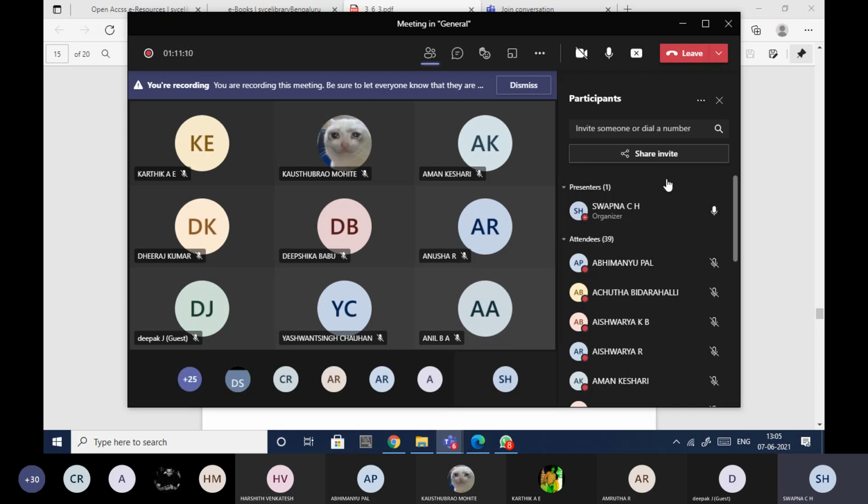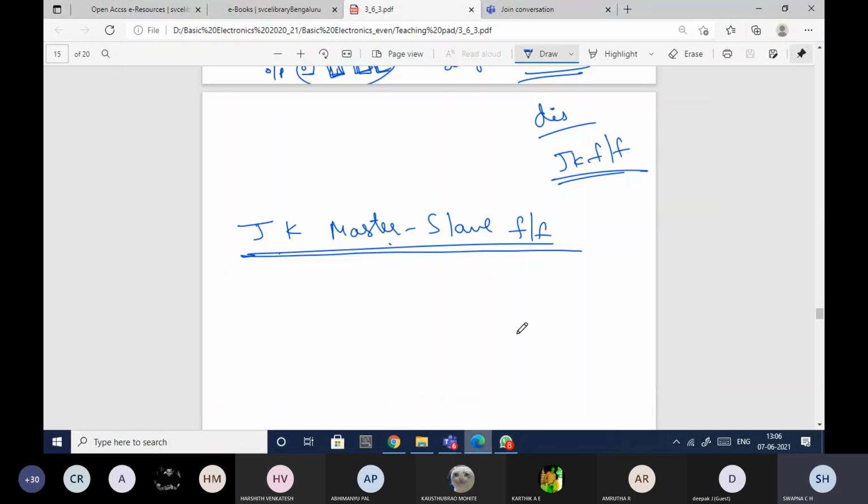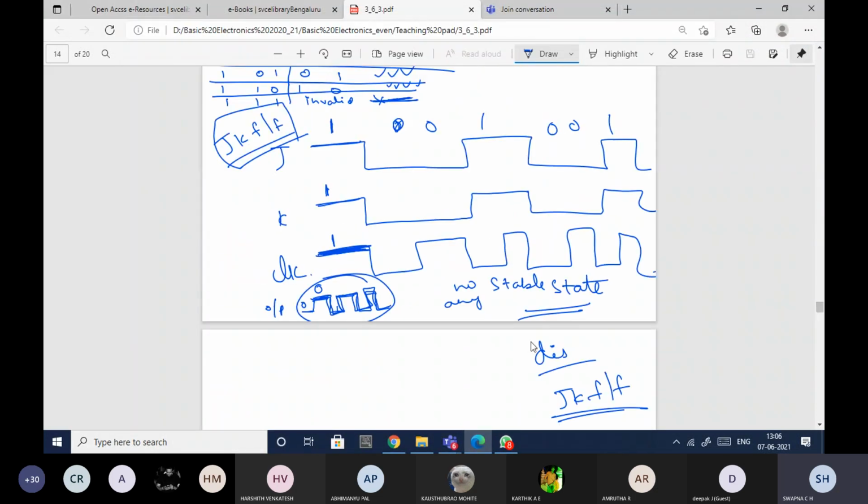One more important thing is the due date is tomorrow only. So after your classes or whenever you people are free, please attempt it. Marks will be taken from that as well. Is this clear? All whatever we have studied until this flip-flop, it is fine. What you do is take the circuits, practice them, and also try to analyze the output so that you'll get the confidence.